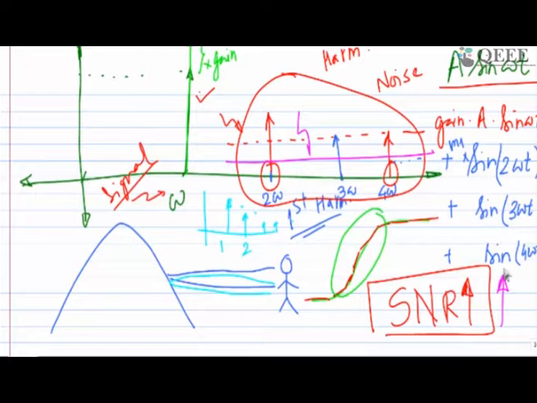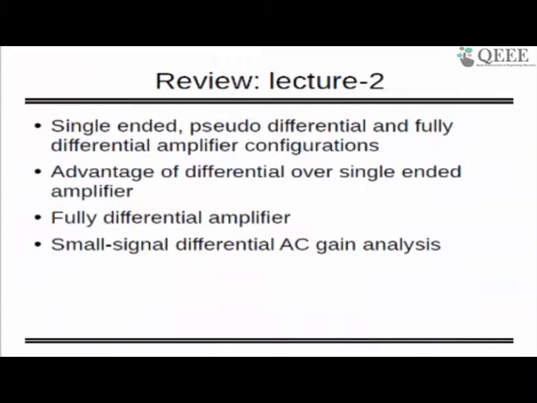So this is one of the techniques that is used, and it's very important because we want to make your system more and more linear, so that there are no harmonics and there is no interference from other circuits. Okay, so that is the advantage of differential circuit over single-ended. And in differential, you have basically three different categories. One is pseudo differential, one is differential, and one is fully differential.